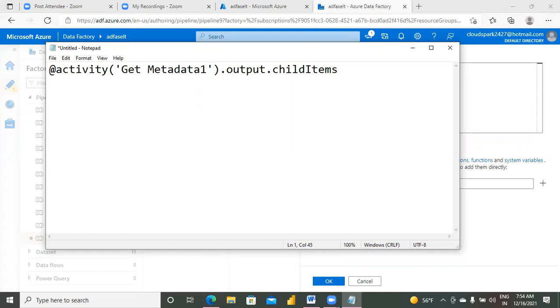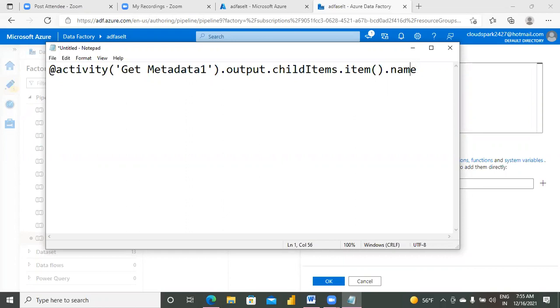Within that child items, what do you need? First of all, you need item of. Understand? Child items is an array. Within that array, you have a lot of other fields, but each element is a JSON record. To get that JSON record item, within that item, you have